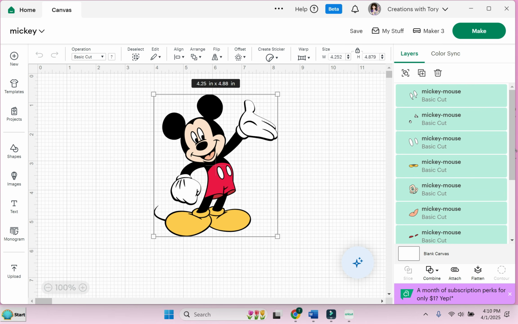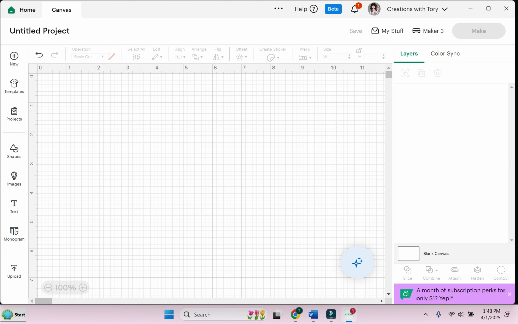So in today's video, I'm going to take it step by step and I'll show you exactly what layers are, why they matter, and how to use them without getting overwhelmed. And I'll share some examples along the way so it really makes sense. So let's get started. I'm going to go ahead and upload 2 different images and I'll show you the difference